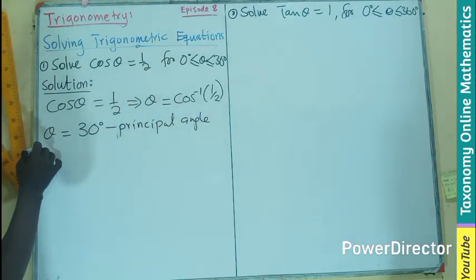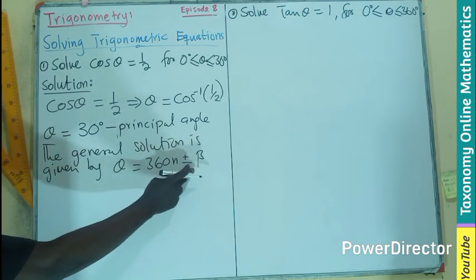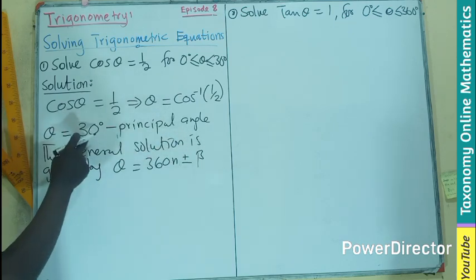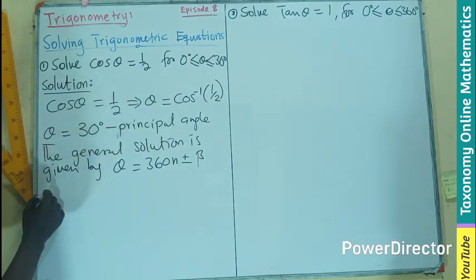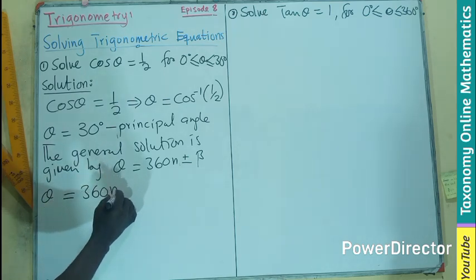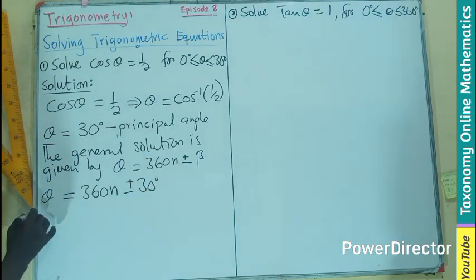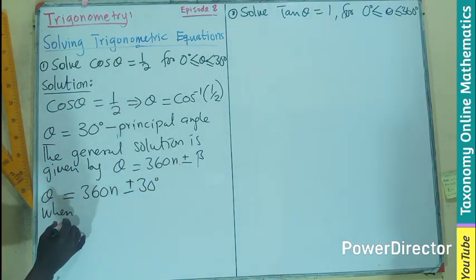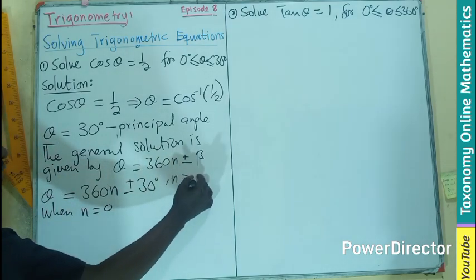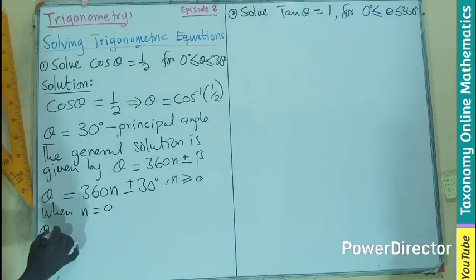So what do we do? We find the general solution given by this, where we know this theta is the angle we had as the principal angle. So our theta is actually 360 degrees plus or minus 30 degrees. When the value of n is equal to 0, we know n is greater than or equal to 0. What do we do? We are now going to have theta equals to